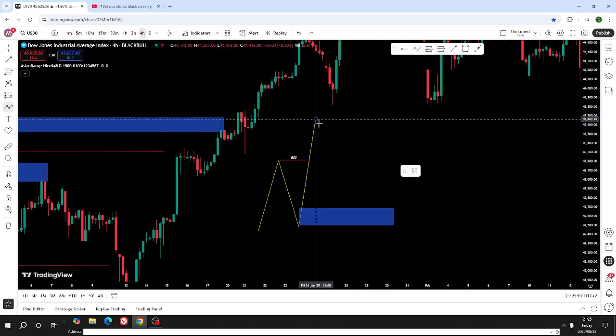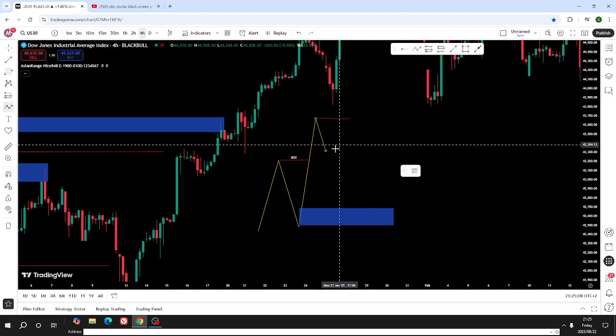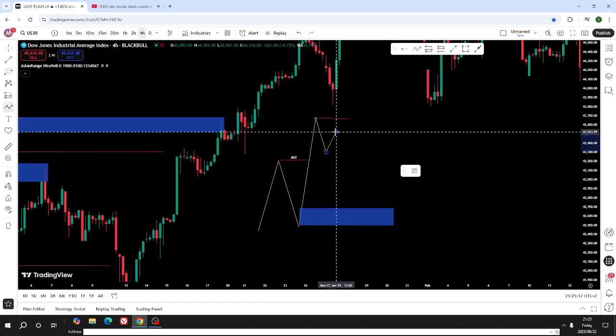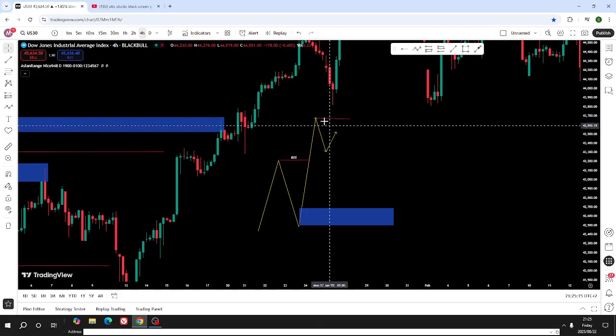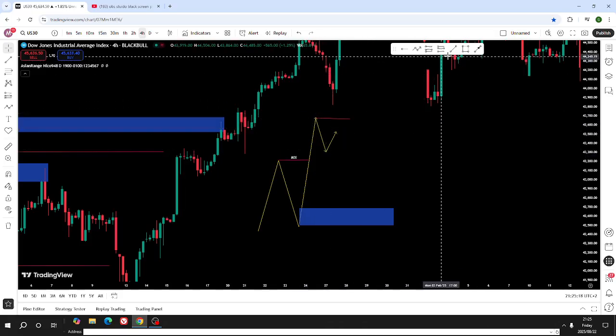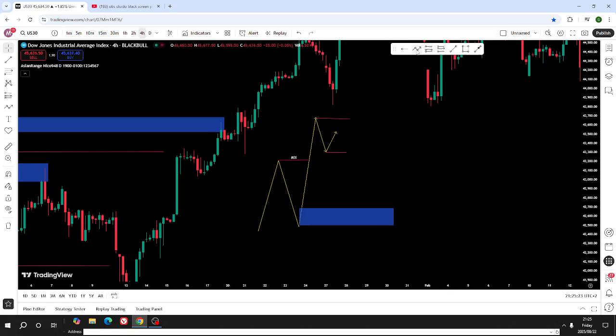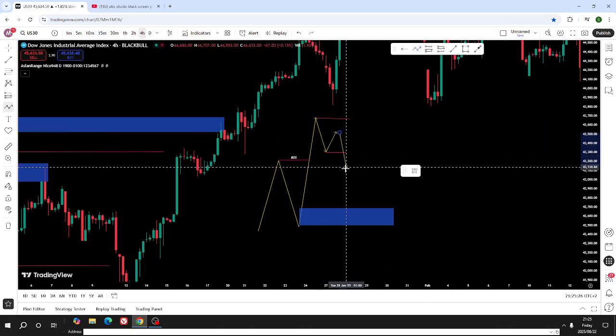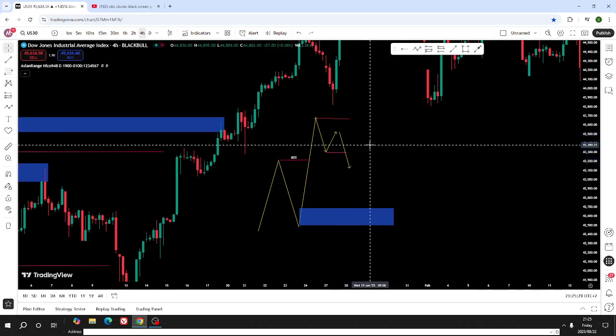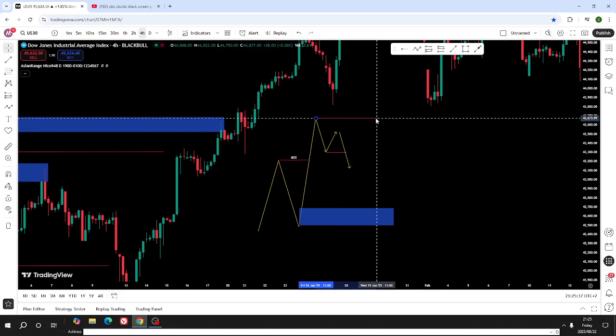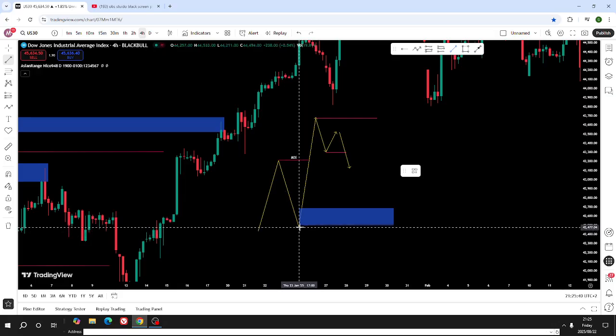So then we see a low being formed and a high right over here being formed, right? Then what do we see? We see the market forming a low. For now, there's no breakout structure between this high and low, right? So therefore, what happens? A breakout structure comes in, towards the downside. So this becomes internal breakout structure, right? It becomes the internal highs and lows between what? Between this external high and this low,